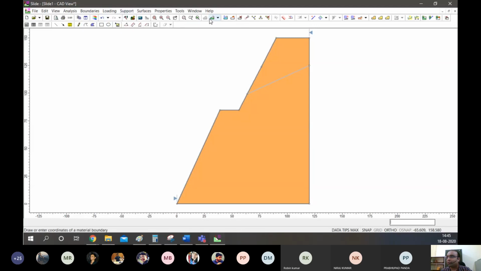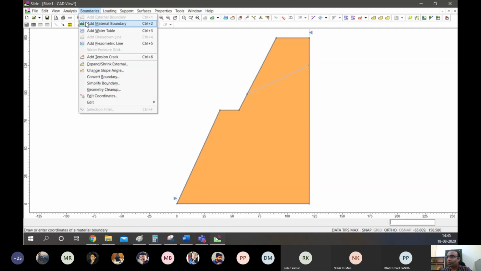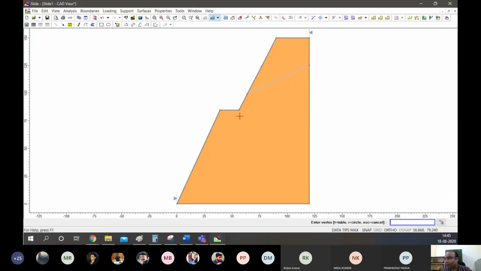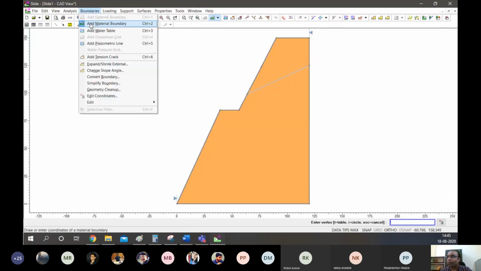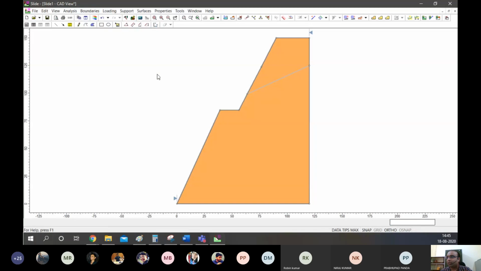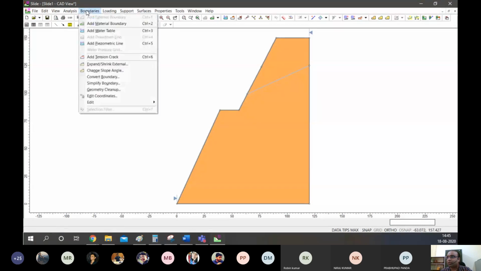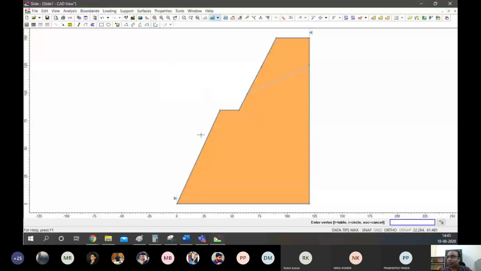So for that, we have to basically break it into two places so that we can make three materials. So by adding the boundaries, add material boundaries, we are basically adding some zones in which we can fill the other material.